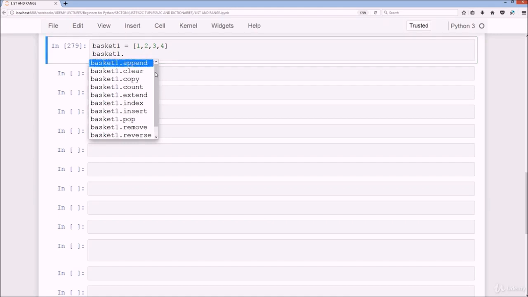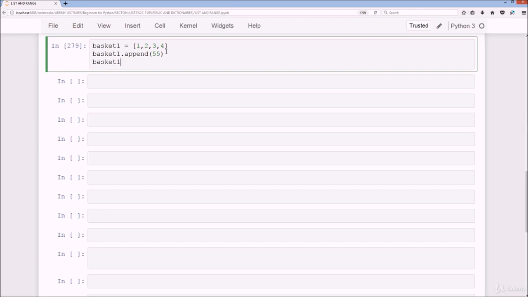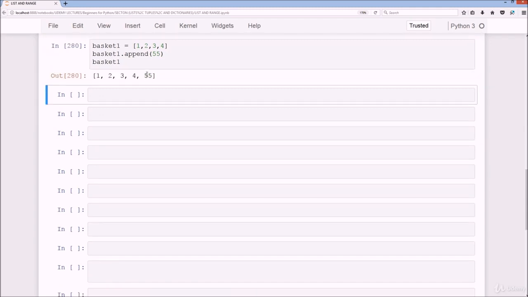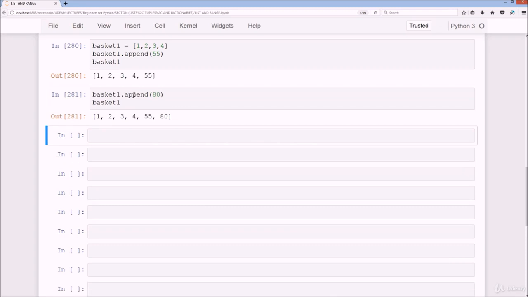Okay, and what we're going to do is append. Let's say I want to add in 55, and it will add on 55 to the end of our list. We'll do basket1. Here we have 55 added on. Okay, great. And if I were to do basket1.append again, let's say 80, do basket1, you can see 80 is